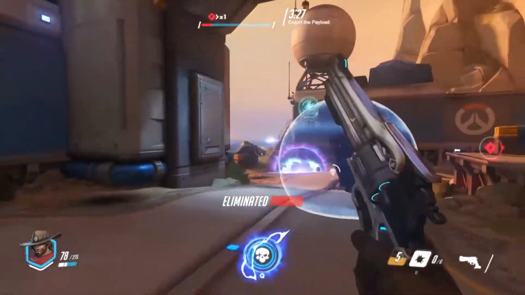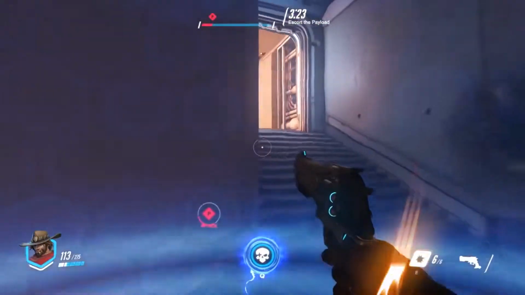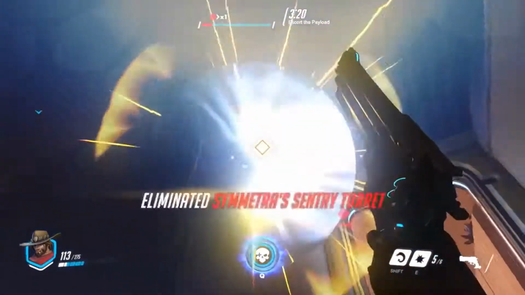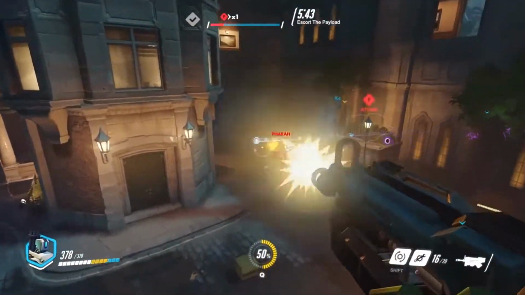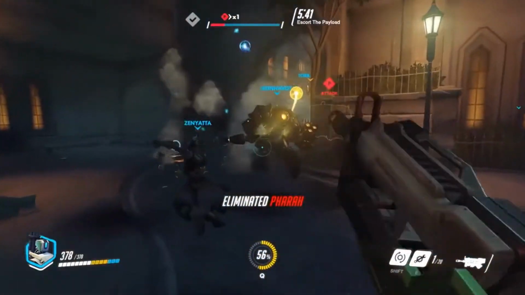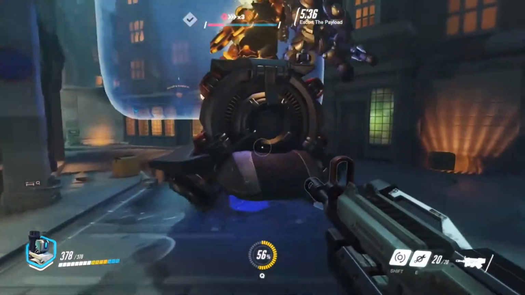It should be noted though, that if none of the attackers are nearby, the payload will begin to move slowly back to its starting point, so make sure to always have someone nearby. Also remember that there is a checkpoint about halfway to the destination. If the attacking team is able to escort the payload to this checkpoint, they will be granted additional time to